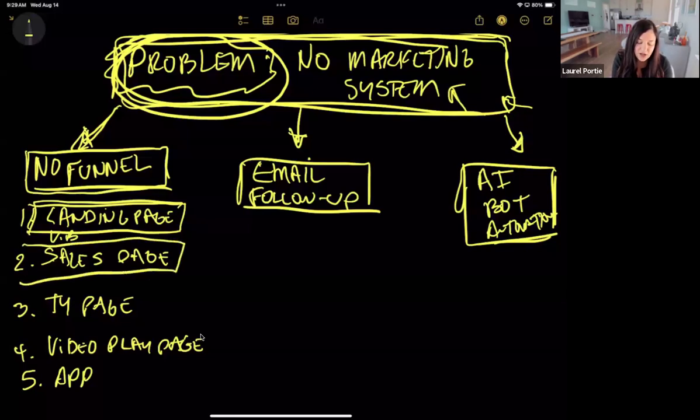The second power content piece could be on sales pages. What are the 3 sentences that sell, that do the majority of selling on a sales page? And then the value bomb again can be, here's a template, right? It even can be on the order bump, right? There's a very specific way that you should write an order bump on a sales page. That could also be a piece of power content, and a value bomb could be a template for that.